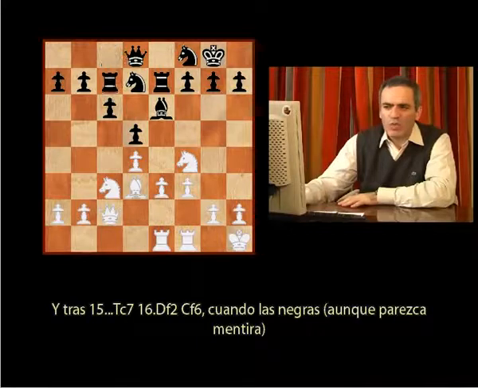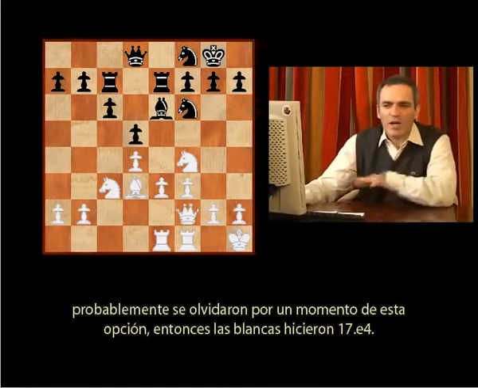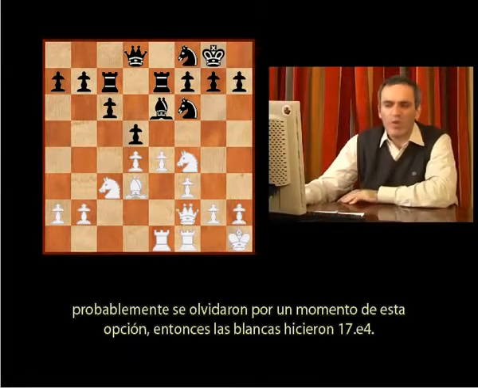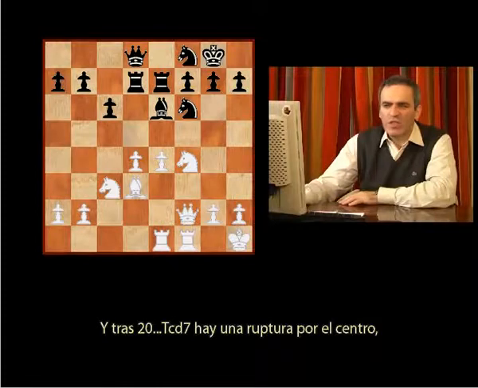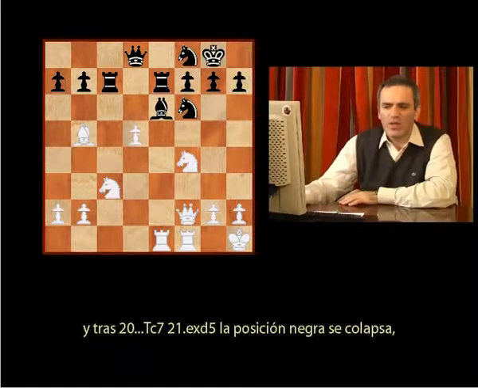And after Rook C7, Queen F2, Knight F6, where black, actually probably forgot for a moment about this option. Then white played E4, and as you could see, now all white pieces have developed ideally. And after Rook CD7, there was a breakthrough in the center. CD5, Bishop B5. Now the Rook is attacked, and after Rook C7, ED5,